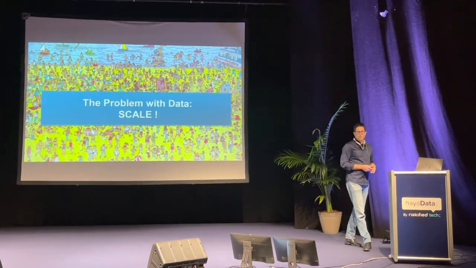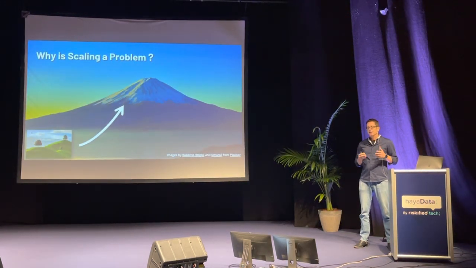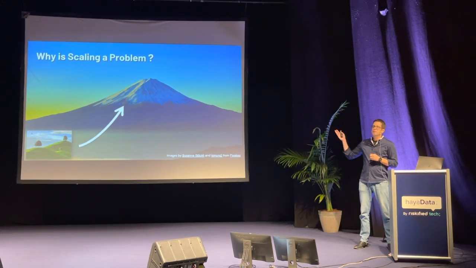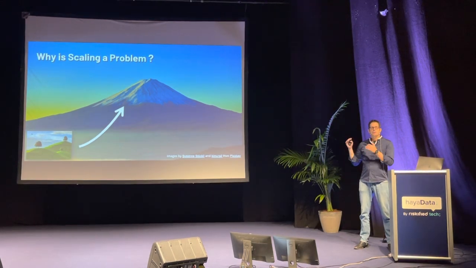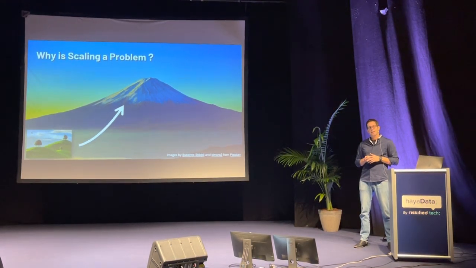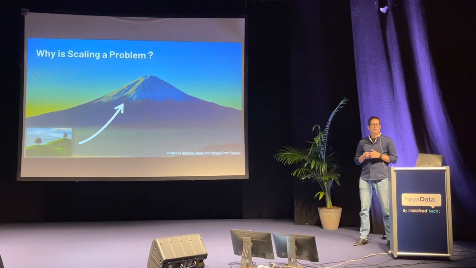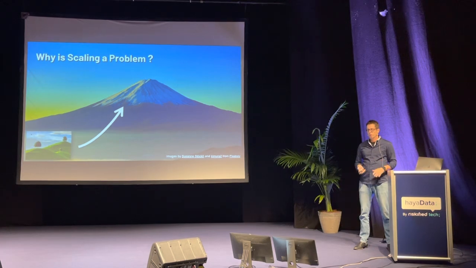So one of the problems with data is scale. If you look at why scale is such a big problem, take a look at this. If you know how to ascend a small hill and you want to transition to ascending a mountain, you immediately can see that it's a totally different problem. First, the mountain is much steeper. And second, there are new features in it. You can see the snow and ice on top, right? So to ascend this mountain, it requires special equipment, special training. It's a whole different ballpark.